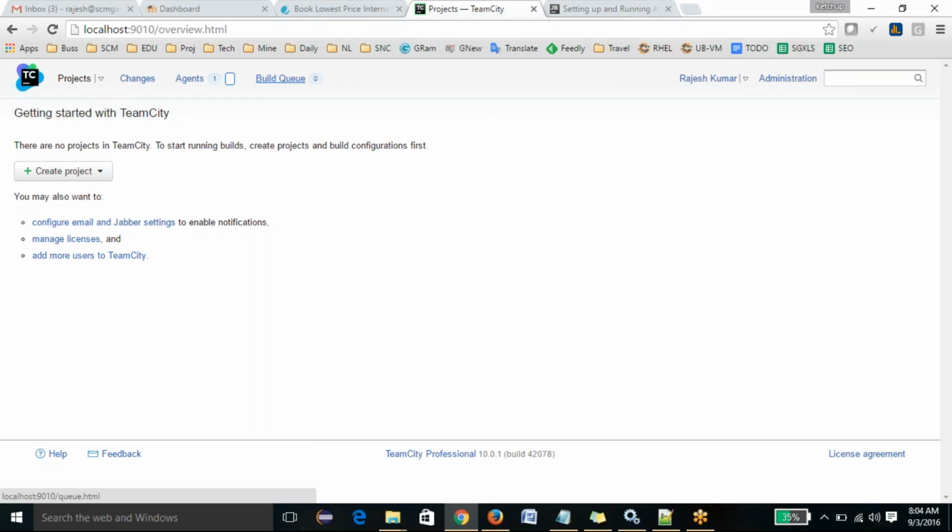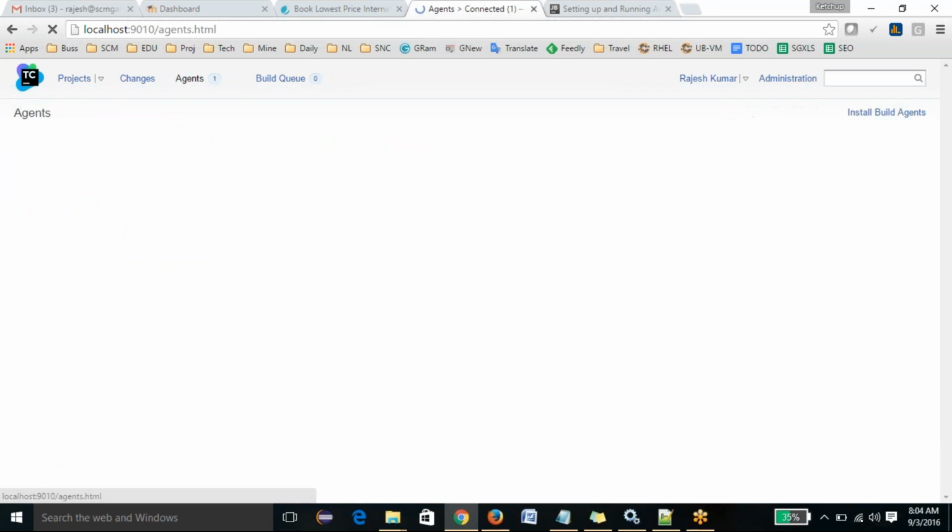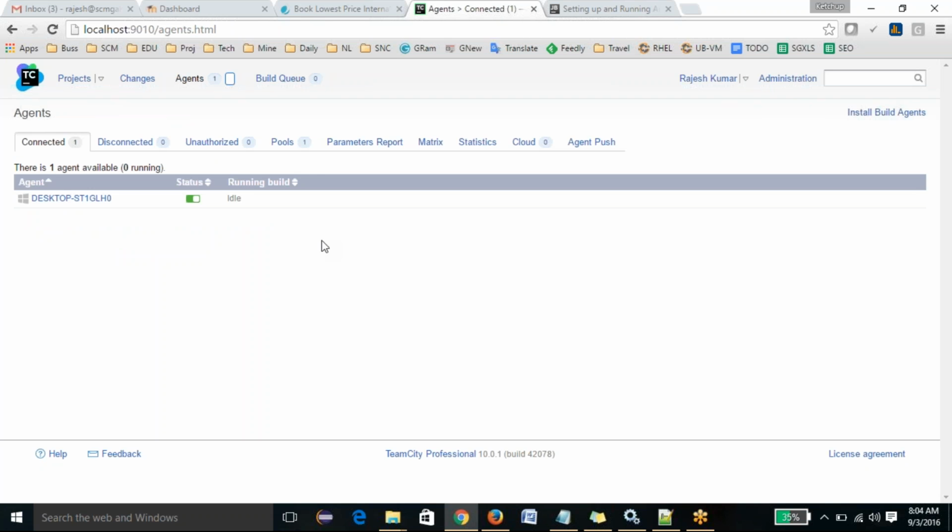Build queue is the tab in which, suppose you're running 10 or 20 builds and some builds are in queue, some builds are in progress, then it will be shown here. Okay, remember, completed builds will not come here, only the queued ones will come here. Agent is the machine which you configure so you can build your project. So sometimes what happens, as of now I am using my own machine, which is my